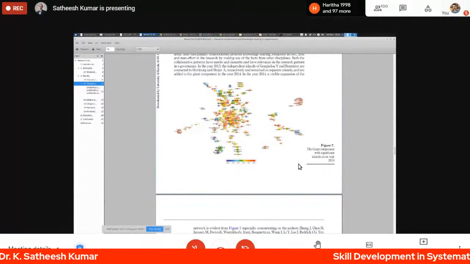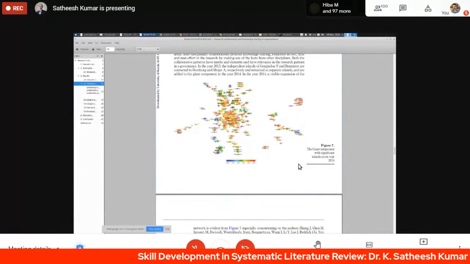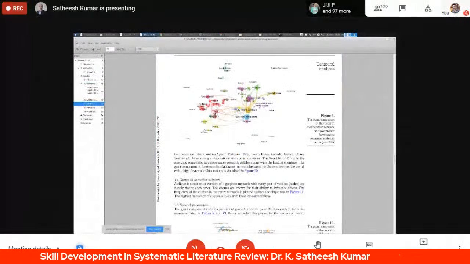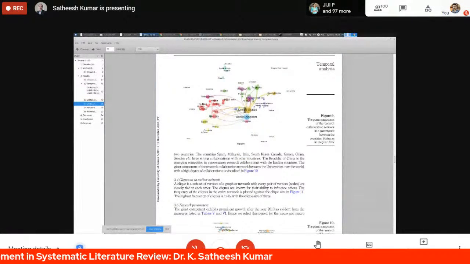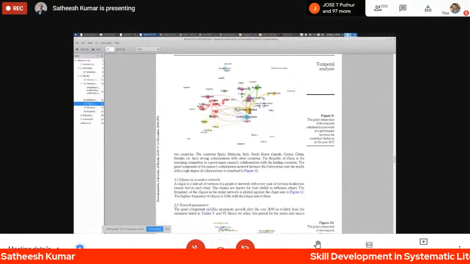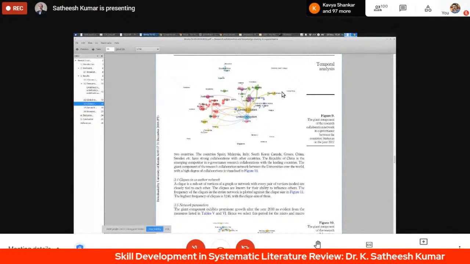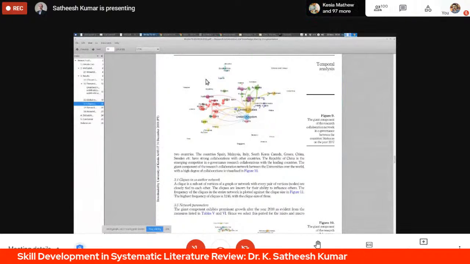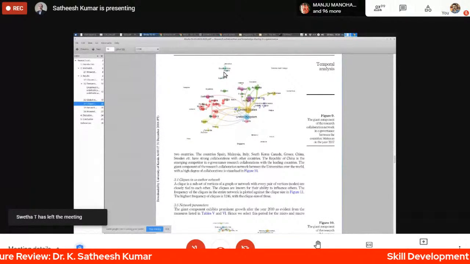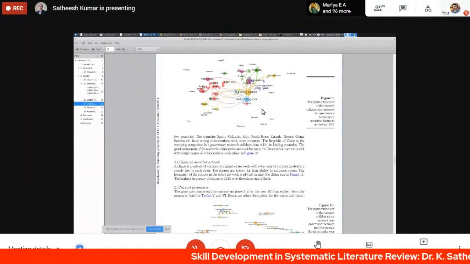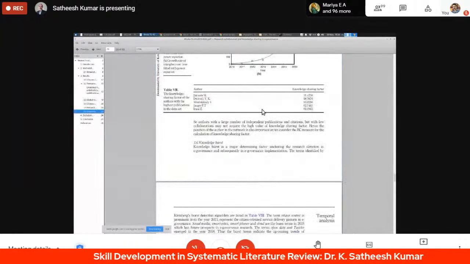And the year-wise collaboration, like which countries are collaborating. Here, United States and Italy, there's a line, or United States and South Korea, a line is there. That means one professor from the United States and one professor from Korea have collaborated and jointly published a paper. So which country is most prominent in this area, this kind of work you can get. And here there are people working in this area. This kind of figure you can get. And all these figures are given by just simple software, so that